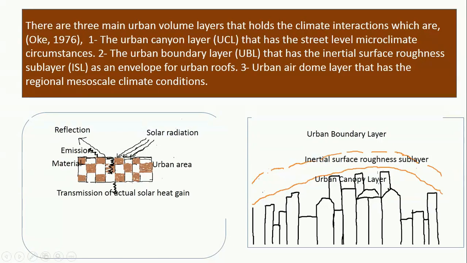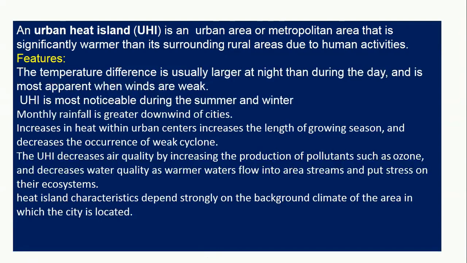Here the temperature is very high, and from the microclimate it goes up to the macro, because the temperature is released above the urban boundary layer. When there are many cities or towns, it covers a large area, and the total temperature or the total climate of those urban areas causes a great change at the macro level also.